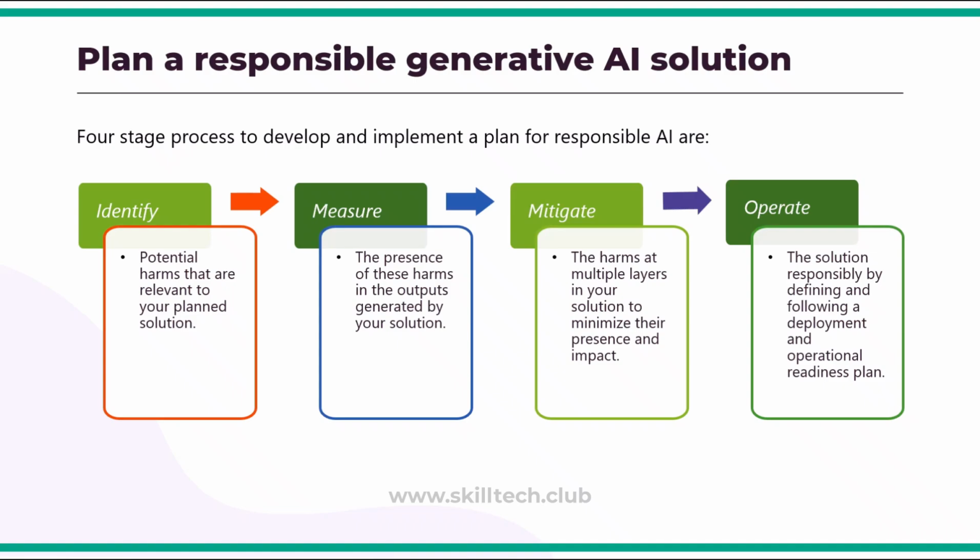And finally, the 4th stage is operate. You have to operate the solution responsibly by defining and following a deployment and operational readiness plan. The stages correspond closely to the functions of the risk management framework associated with generative AI, which is standardized guidance followed by most organizations. The remainder of this learning objective discusses each of the stages in detail. You have to provide suggestions for actions you can take to implement successful and responsible generative AI solutions. And this is very important to read and understand from a certification exam point of view also